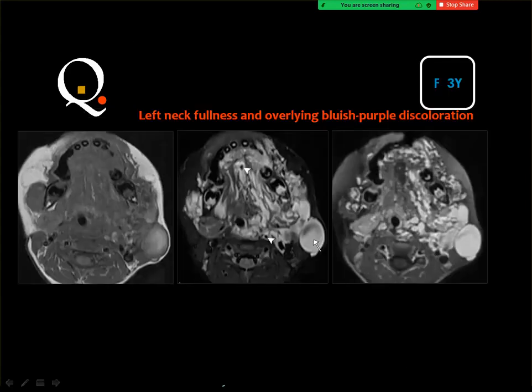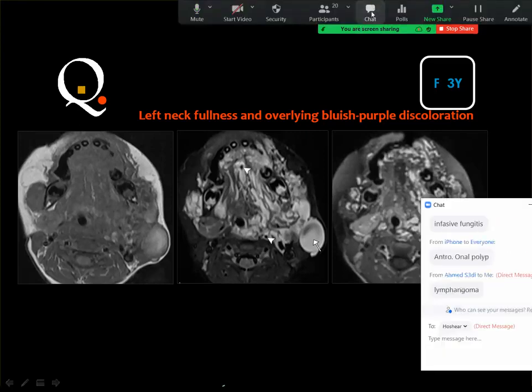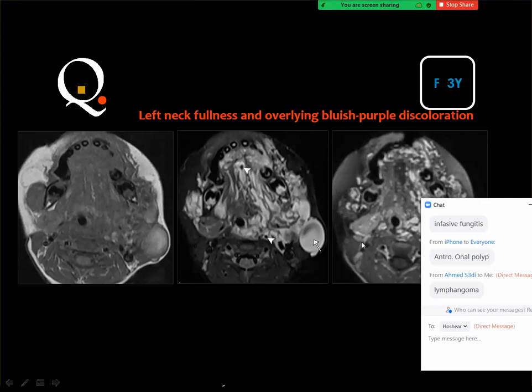Next case is a child 3 years old with left neck fullness and bluish coloration of the skin. No, this is not lymphangioma because lymphangioma is a cystic lesion with fluid signal intensity, but here you got the serpiginous pathology with